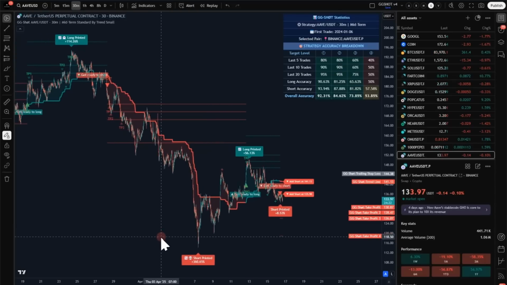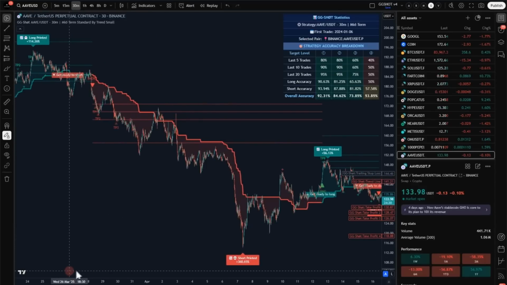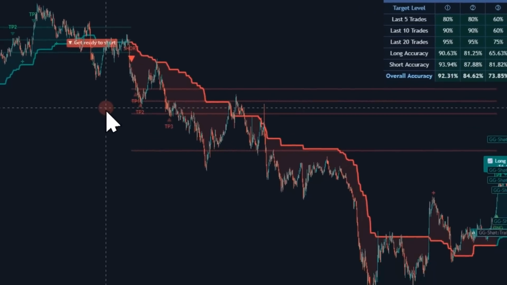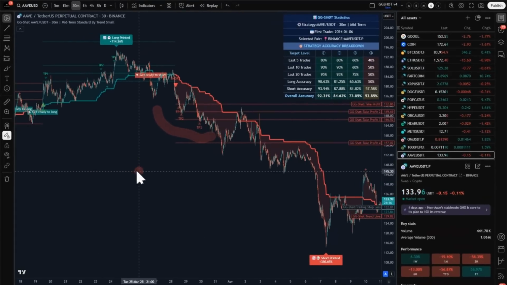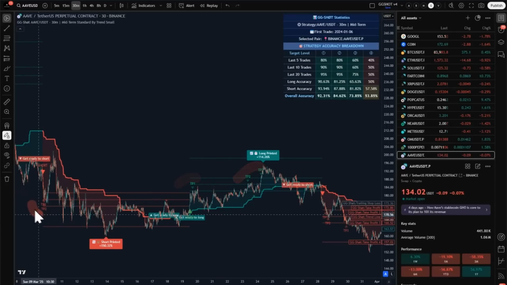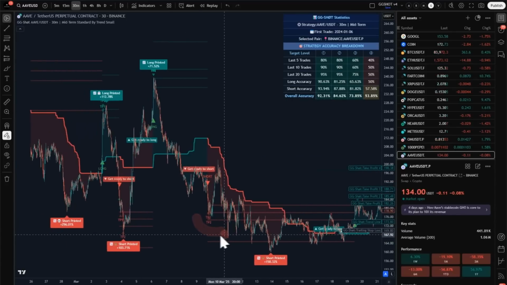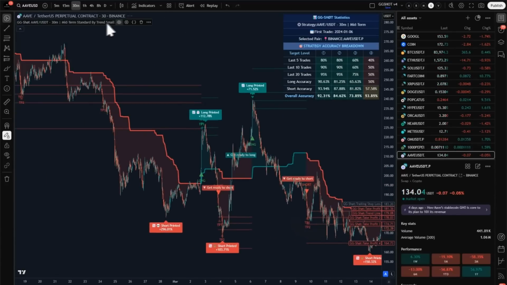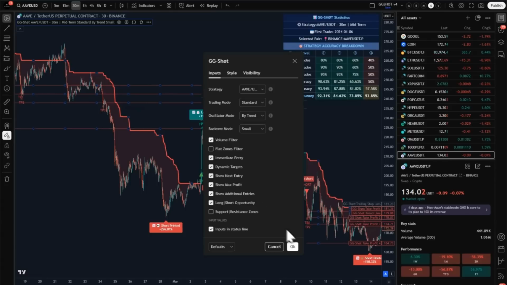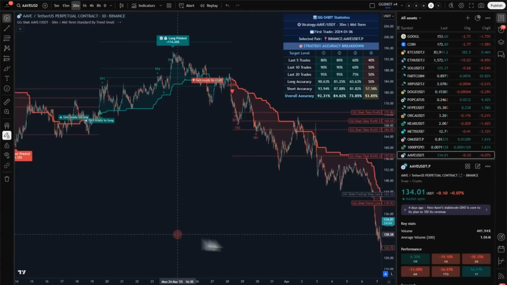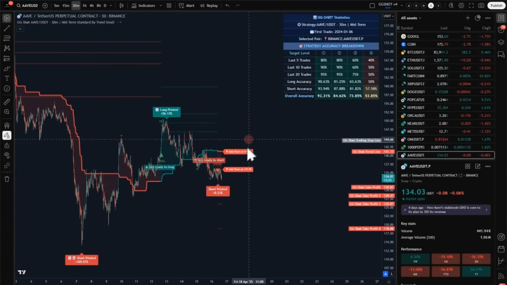Next, let's look at the visual enhancements and supporting modules. Dynamic targets enables 4 fully adaptive take profit levels. This improves exit precision and aligns with asset momentum across market phases. Show next entry predicts the next signal's trigger price in advance, gives you a visual edge in timing your entry